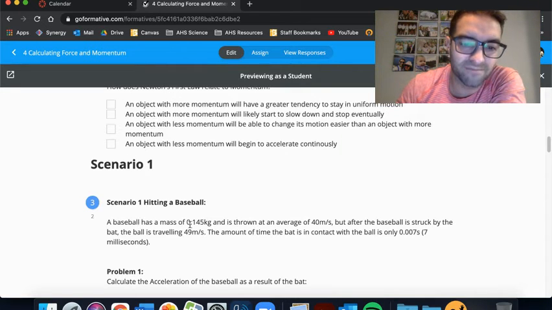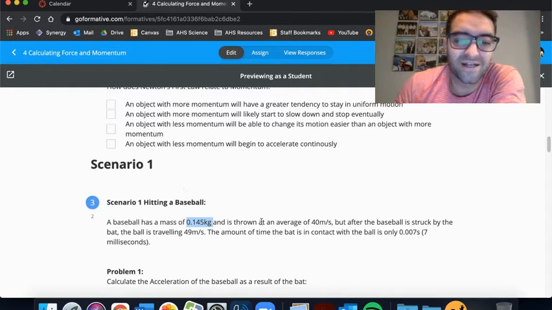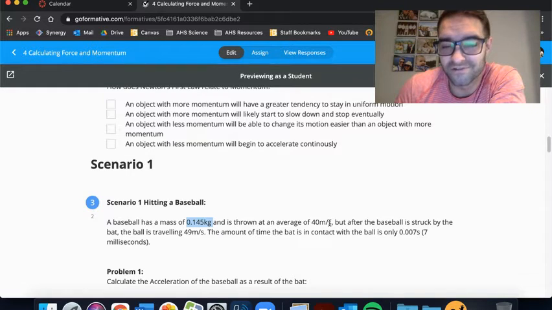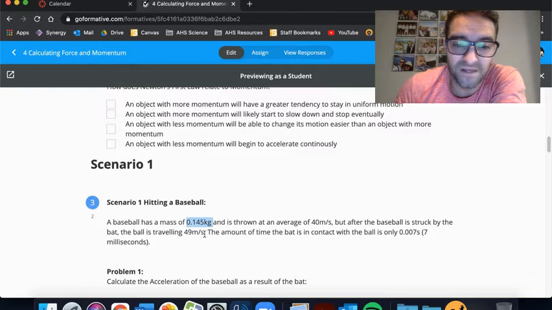So a baseball has a mass of 0.145 kilograms. And that's true. I've looked all these numbers up just for the record. And it is thrown at an average of 40 meters per second. This is definitely for the major leagues. 40 meters per second is about 90 miles per hour. But after the baseball is struck by the bat, the ball is traveling 49 meters per second,